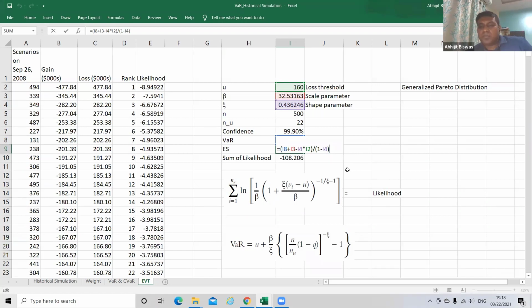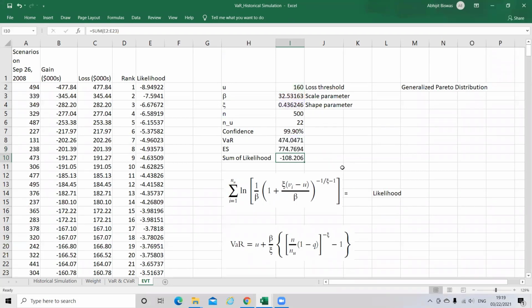Is it done? Expected shortfall or conditional VAR, the same answer, 774.7694. Okay, good. So this is how we calculate VAR and conditional VAR using extreme value theory, following the generalized Pareto distribution.